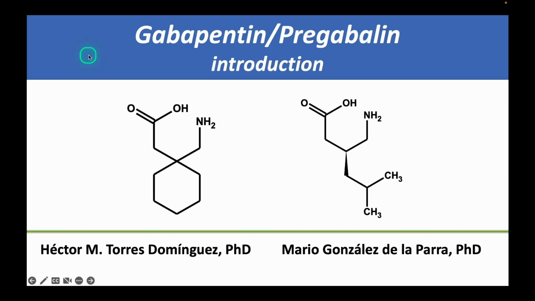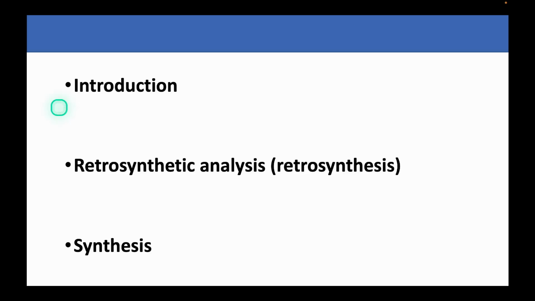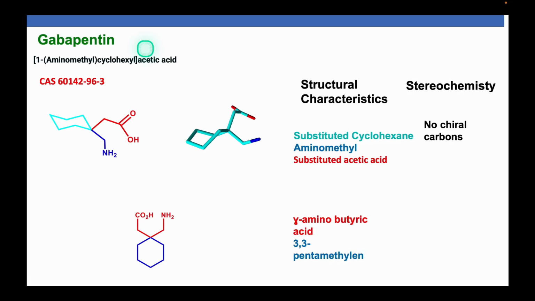With this video, we begin the series on the synthesis of gabapentin and pregabalin. This series includes an introductory video, videos of retrosynthesis, and resulting synthesis. Here we present the systematic name, CAS number, and the structure expressed in 2 and 3 dimensions of gabapentin, which